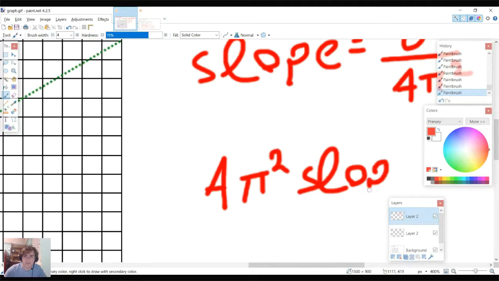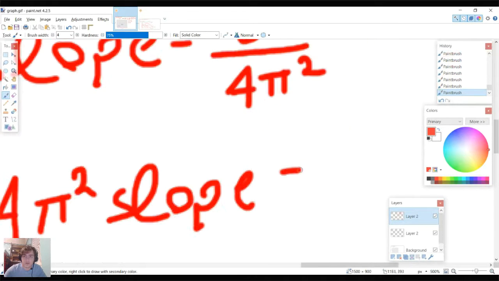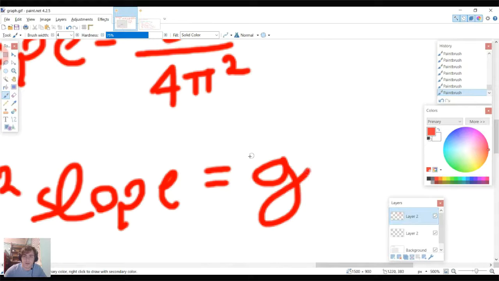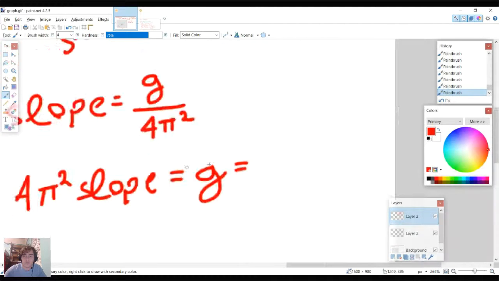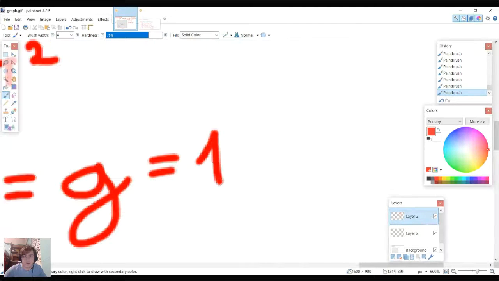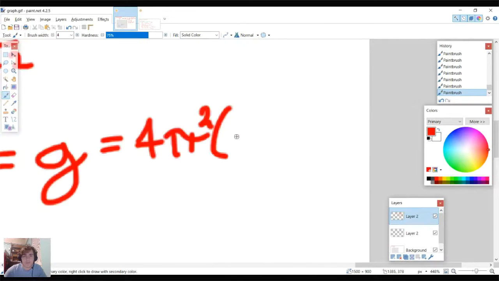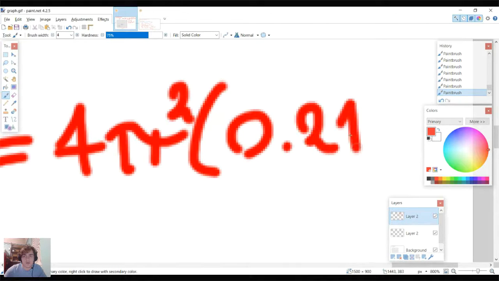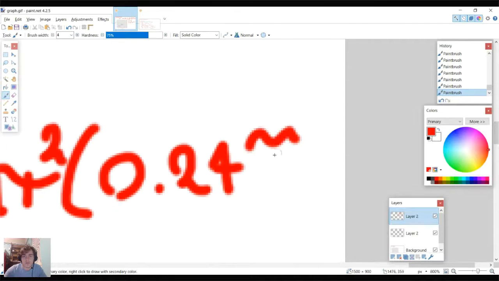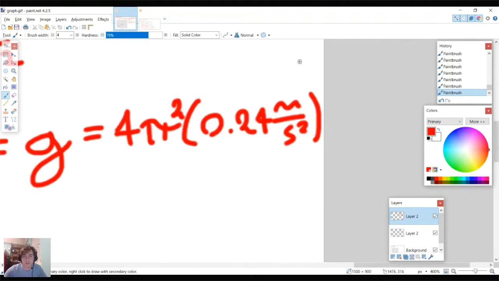This actually may work out really well, which is really funny because this data was completely fabricated. And we know the slope, which is 0.24 meters per second squared. So 4 pi squared times 0.24 meters per second squared. And plugging that into our calculator,